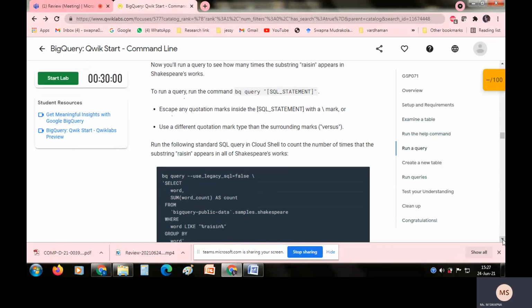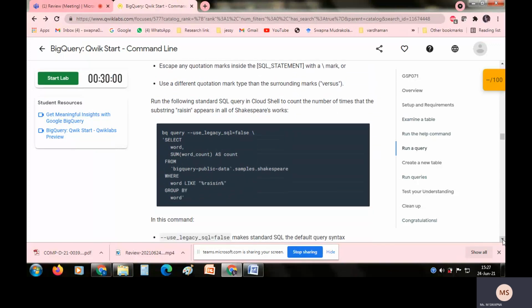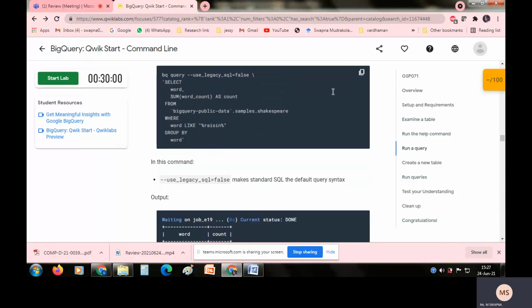So how to run a specific query. See, this particular Shakespeare table has some words, keywords, some information related to articles. So that data is there in a table, and you are trying to see what content it has. BQ is nothing but your BigQuery. You're trying to query it, not show. You're writing a query, so that's the reason the syntax is given as query.